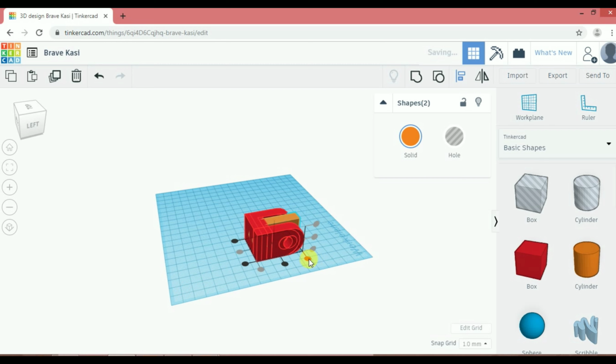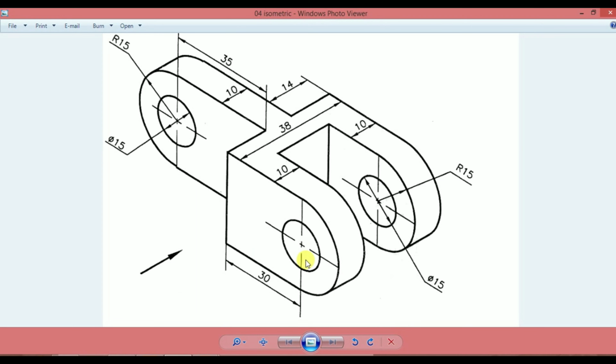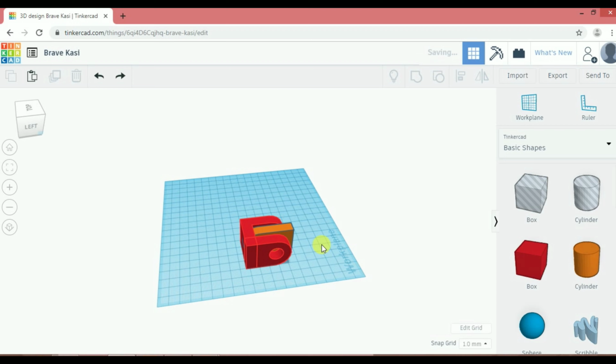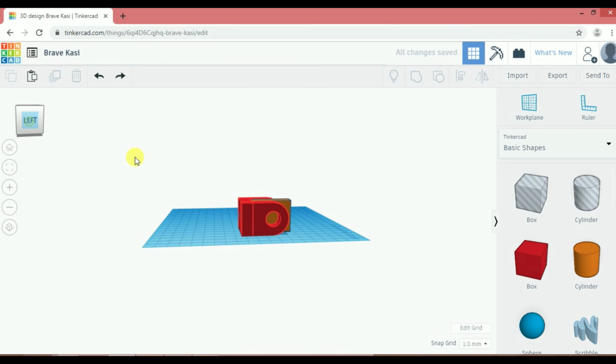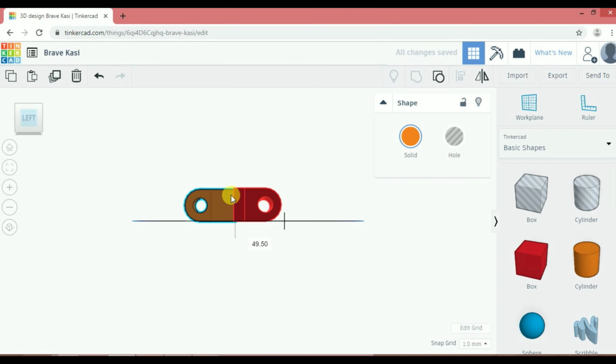So it is easy for us to move this third entity. Now select this third solid, and as per our drawing it is at a distance of 30 plus 15 plus extra distance 5, so total 50 distance. So I click on the left hand side view and move it with the distance of 50.